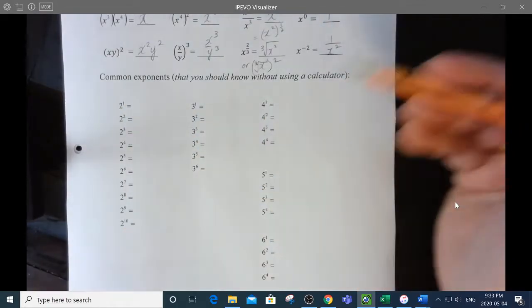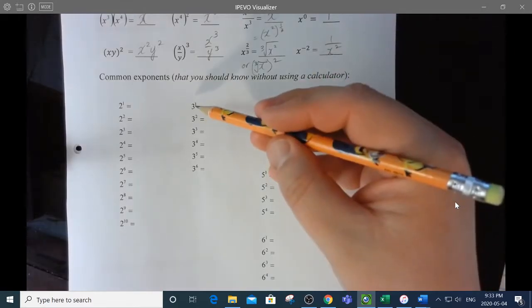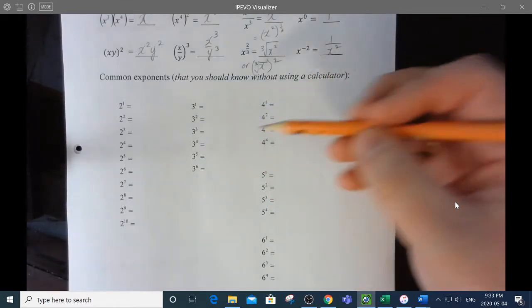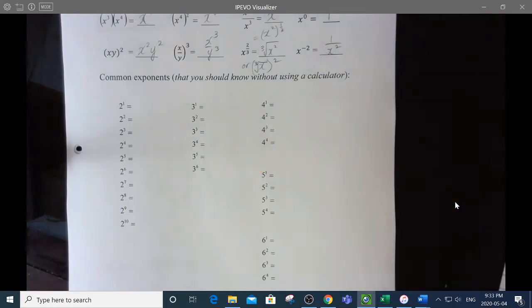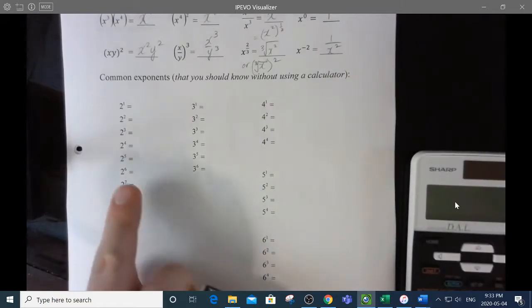Hopefully powers of 2 should be pretty easy. But how are you with powers of 3, 4, 5, and 6? Notice we don't expect you to know as many powers of 3 or as many powers of 4. And of course, if you've forgotten how to do something like, for example, 2 to the power of 5 on